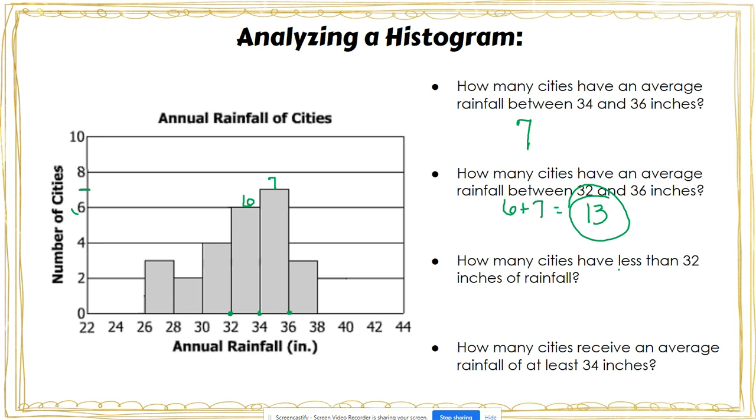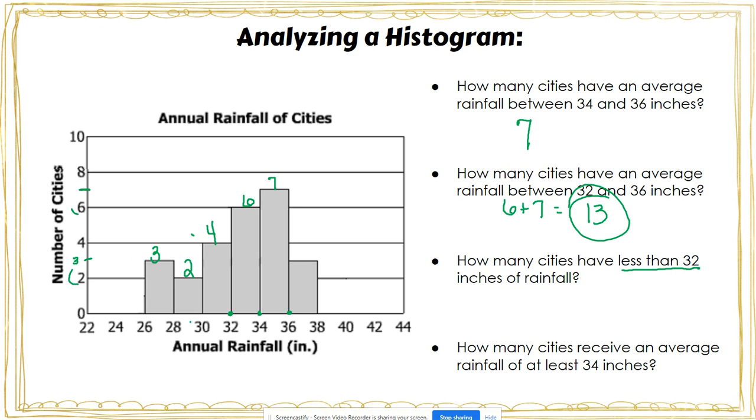Now, how many cities have less than 32 inches of rainfall? Well, 32 is right here, so everything less than that is to the left. That means if I look, there are actually 3 bars that have annual rainfalls that are less than 32 inches. So let's look at our first one, which is 30 to 32. There are 4 cities that have an annual rainfall of 30 to 32 inches. Then for 28 to 30 inches, I see that there are 2 cities. And for 26 to 28 inches, I see that it's right here between 2 and 4, which means that it